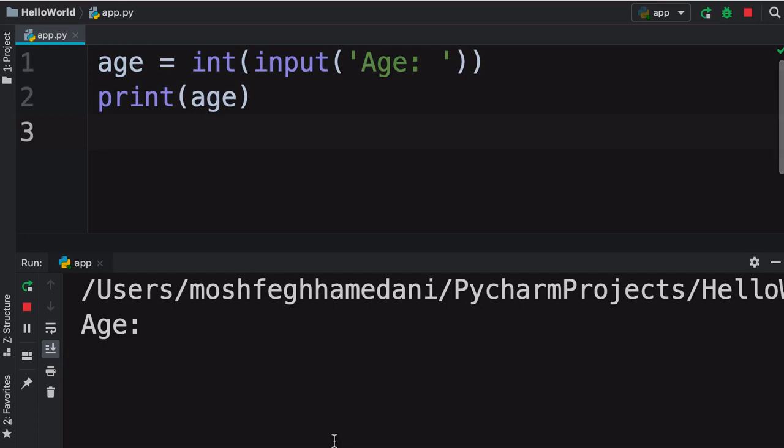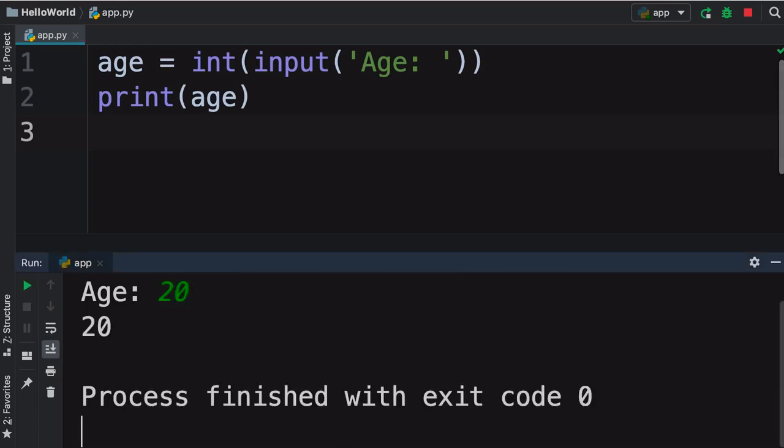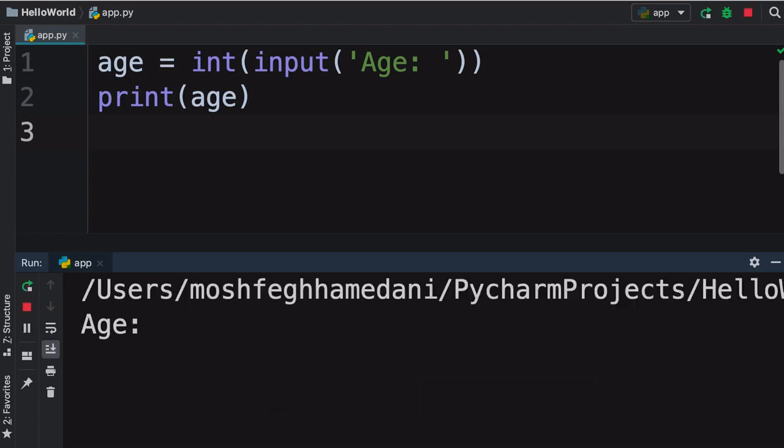Run our program. We type 20. 20 is printed here. Beautiful. Now look at the exit code of this program. Exit code 0 means our program terminated successfully. There were no errors. But what if we run this program one more time, and instead of entering a numerical